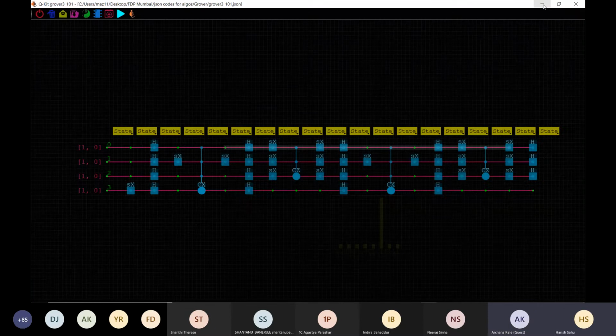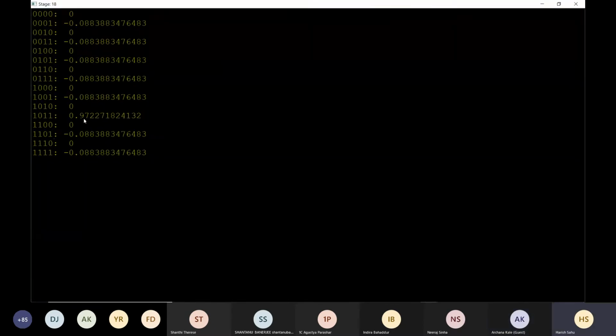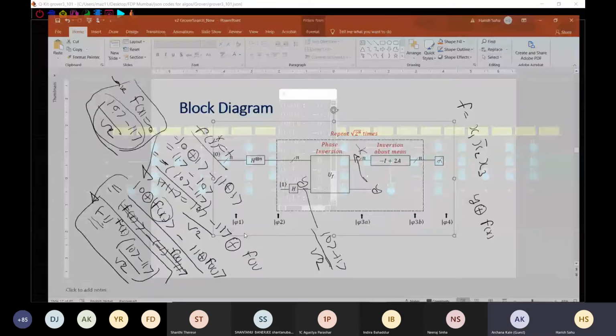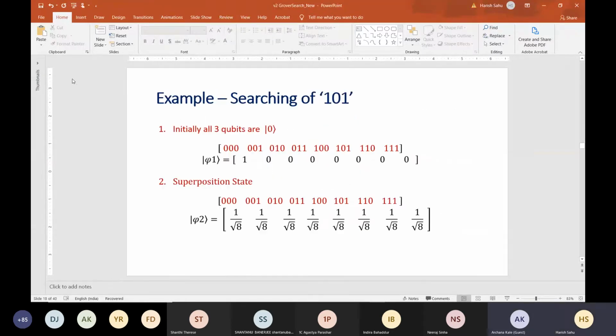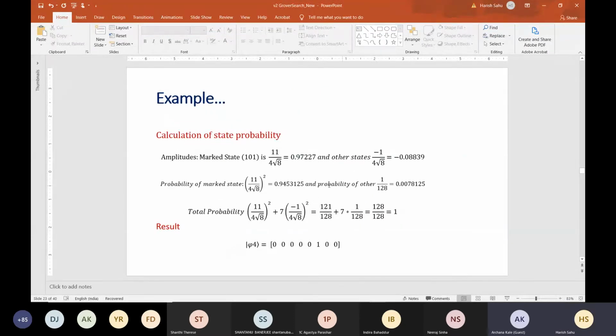Let's see by the text, then it will be clear. See here, 101 has 0.97 amplitude and the others have 0.08. If you go through the presentation from the previous session, you will find that we had a similar thing there.